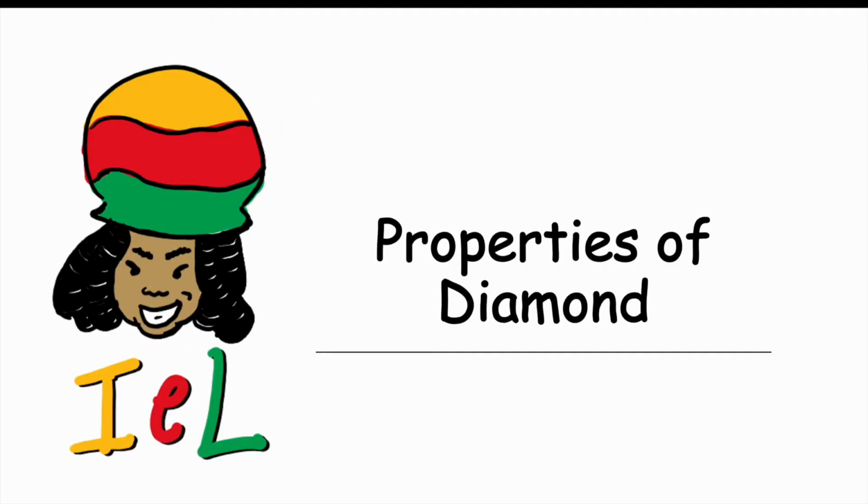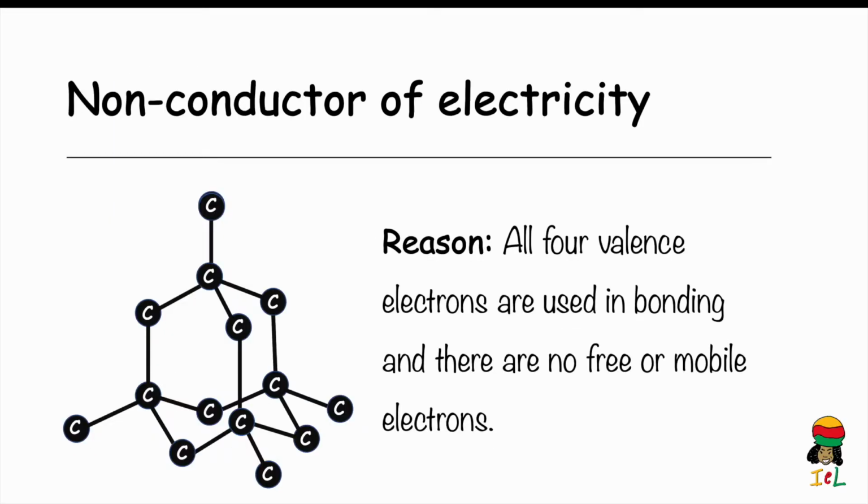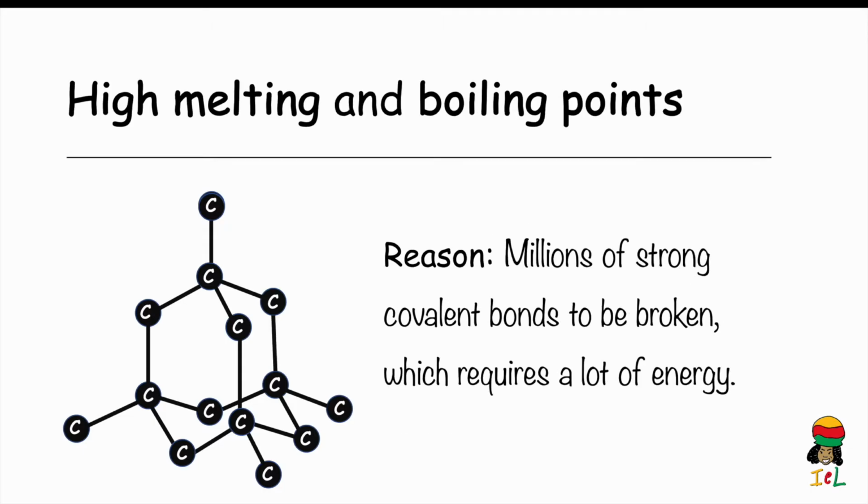We will now examine a few properties of diamond. Diamond is a non-conductor of electricity because all 4 valence electrons are used in bonding and there are no free or mobile electrons carrying a charge. Diamond has very high melting and boiling points because the structure contains millions of strong covalent bonds between carbon atoms. Therefore, a lot of energy is required to break these many strong covalent bonds. The melting point of diamond is about